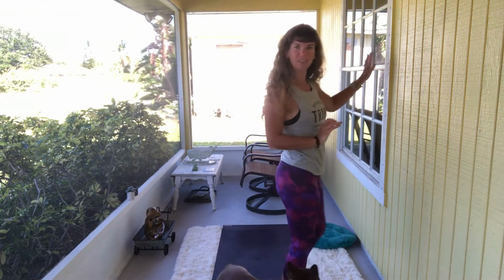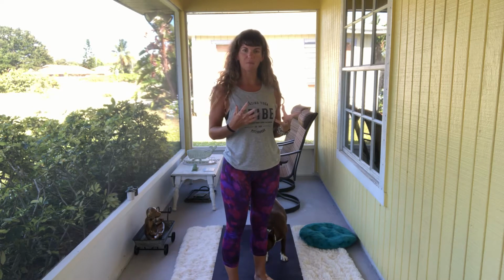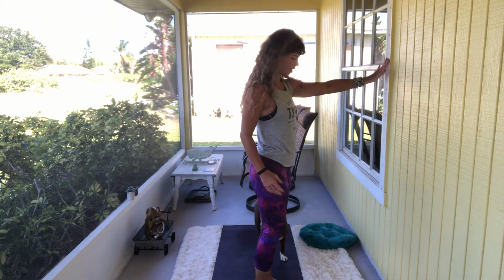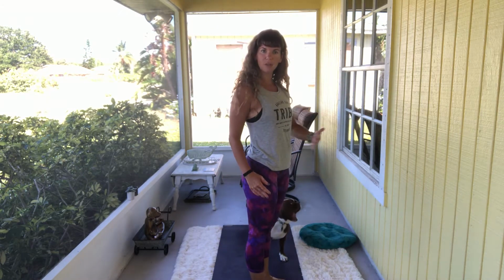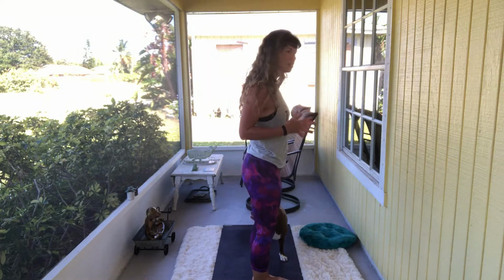Come this way. So find yourself close to a wall. This is a really great way to just find the proper alignment and get comfortable with your standing. And then once you have felt that alignment in your body, then slowly moving away from the wall so that you can feel that balance on your own. So starting with the wall, depending on the length of your arm, I'm starting maybe about 3 feet away from the wall. And then find your standing